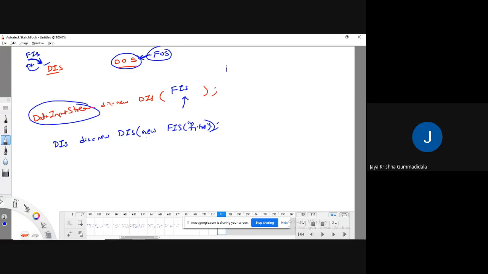Similarly, for data output stream, dos equal to new data output stream of new file output stream of f1.txt. Or you can write it another way, moving it to the next statement. If I write it like this, it will be in a single line only.